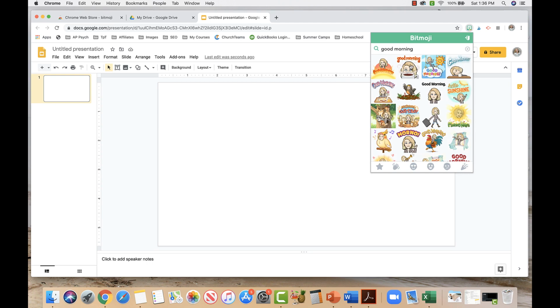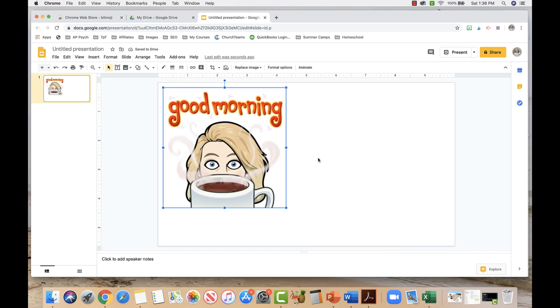It'll show me all of the good morning ones. So I'm actually going to right click on it. I'm going to click copy image, click in the slide, and paste it. So this works really well in Google Slides, but you can also, once you add it into Google Slides,